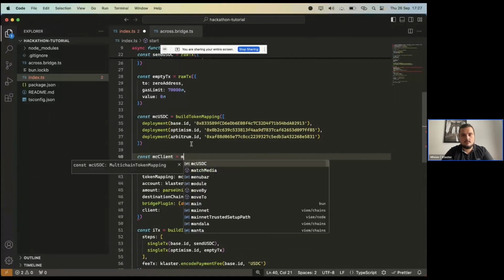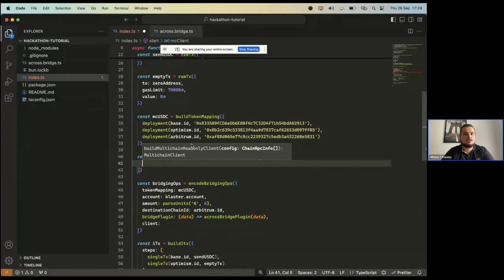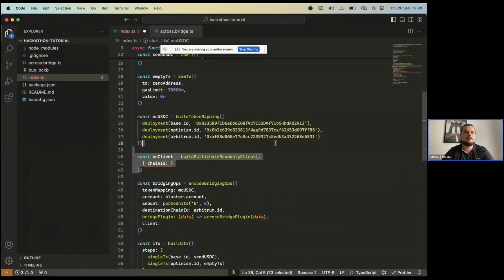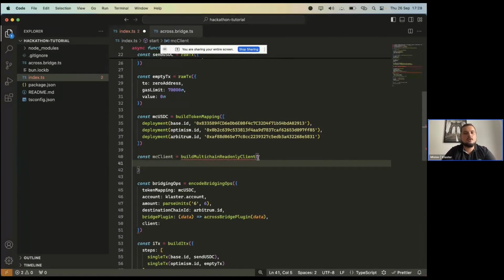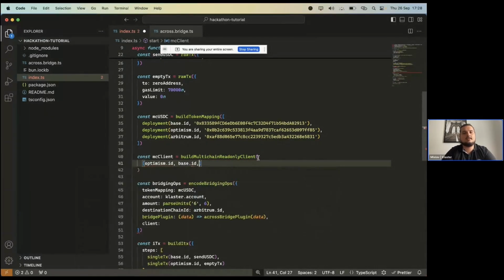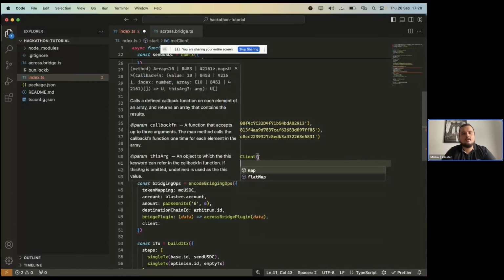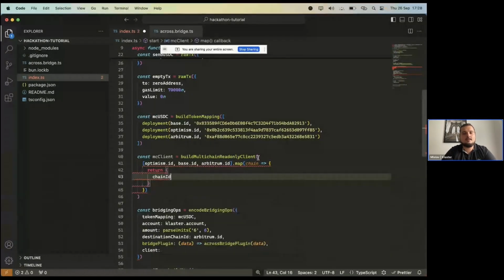So just the same as we did build a multi-chain USDC, we'll build a multi-chain read-only client. What this expects is a chain RPC info, which is a very, very simple object, which consists of a chain ID and an RPC for this chain ID. Now, I will use viem here because I don't want to go and find RPCs, but in production, you should probably use your own RPCs. So I'll go here, say optimism.id, base.id, and arbitrum.id, and I'll map them, chain, and then I'll just return chainId as chain.id,